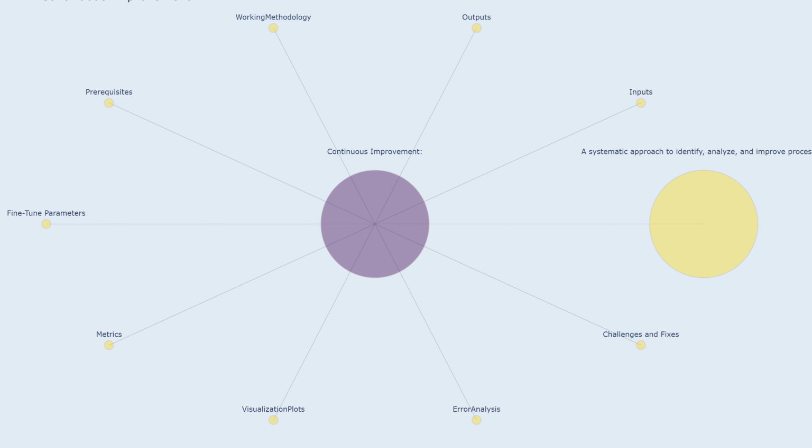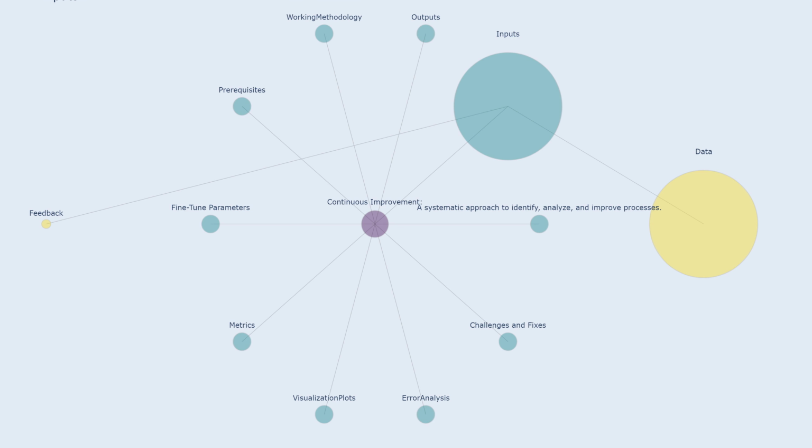Continuous improvement. A systematic and ongoing effort to enhance processes, products, services, or systems within an organization. It involves identifying areas for improvement, analyzing problems, implementing solutions, and measuring the impact of changes. The goal is to achieve continuous progress and achieve higher levels of efficiency, effectiveness, and customer satisfaction. Inputs: data, raw information collected from various sources within the organization, such as sales figures, customer feedback,